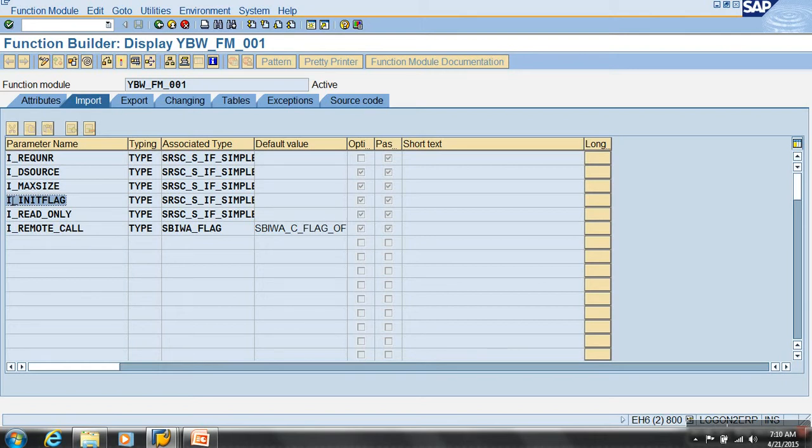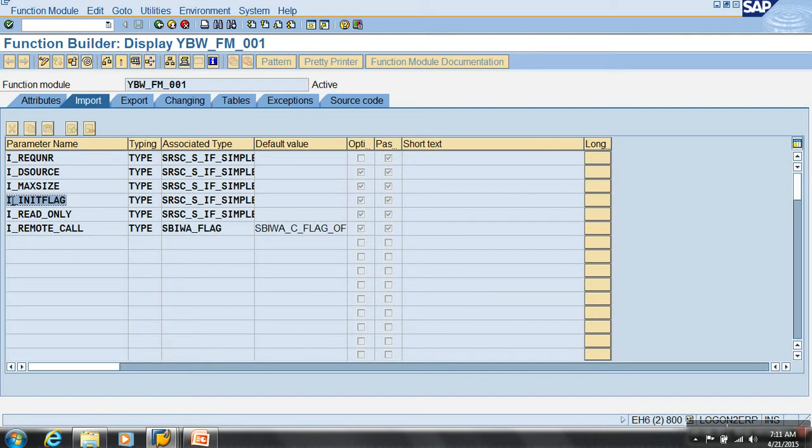So when the API program calls my function module for the first time, your I_INITFLAG will be what? X. When the function module is called with X, I should not extract any data. I should set things up and make everything ready. That's it.